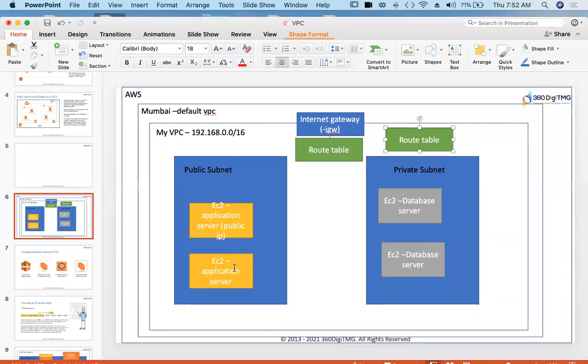And they will launch one public server in public subnet, and these will act as jump servers or bastion servers. And let us call it as application server.